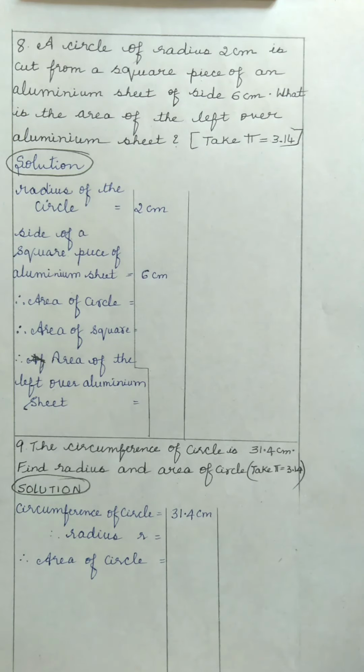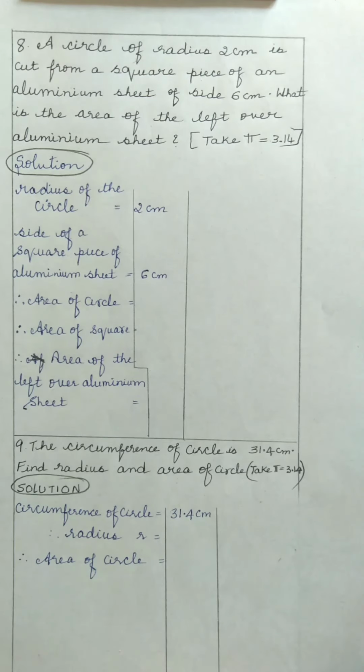We know that the aluminium sheet is in the form of a square. So, to find the area of the leftover aluminium sheet, children, we have to find the area of the circle that is cut from the sheet, then the area of the square, because the aluminium sheet is in the form of a square. After that, we need to find the area of the leftover aluminium sheet. Therefore, let us solve the area of the circle first. We know that the area of the circle is given by pi r square, and the radius of the circle is given as 2 centimeter. On applying all those values to the formula, children,